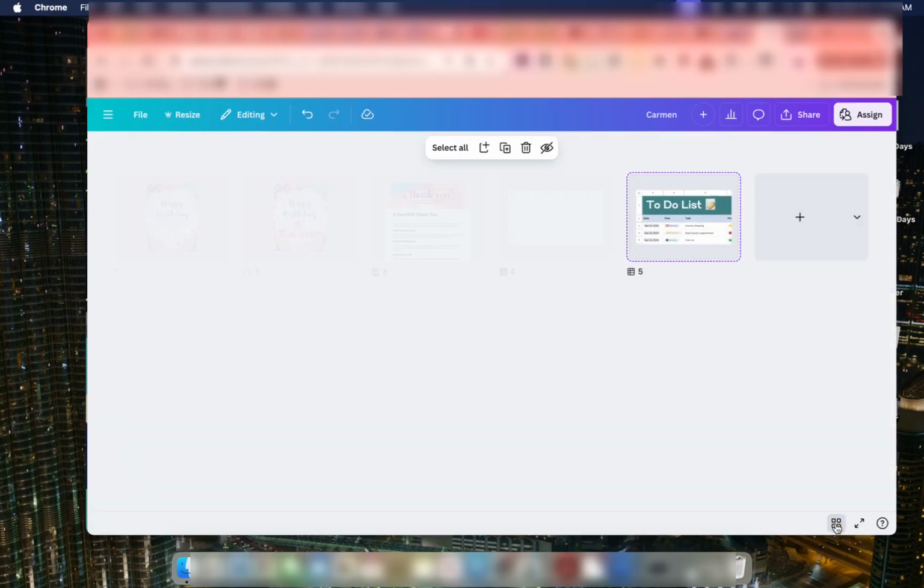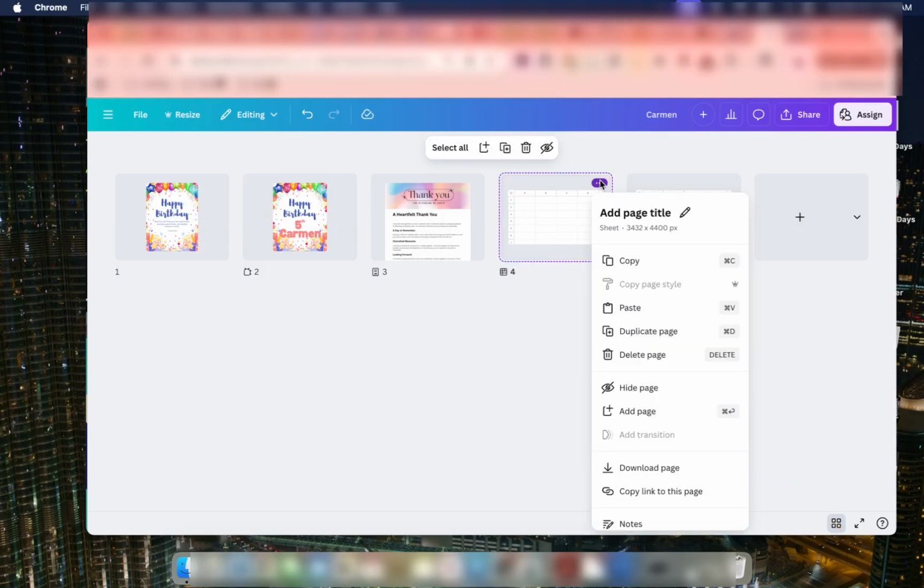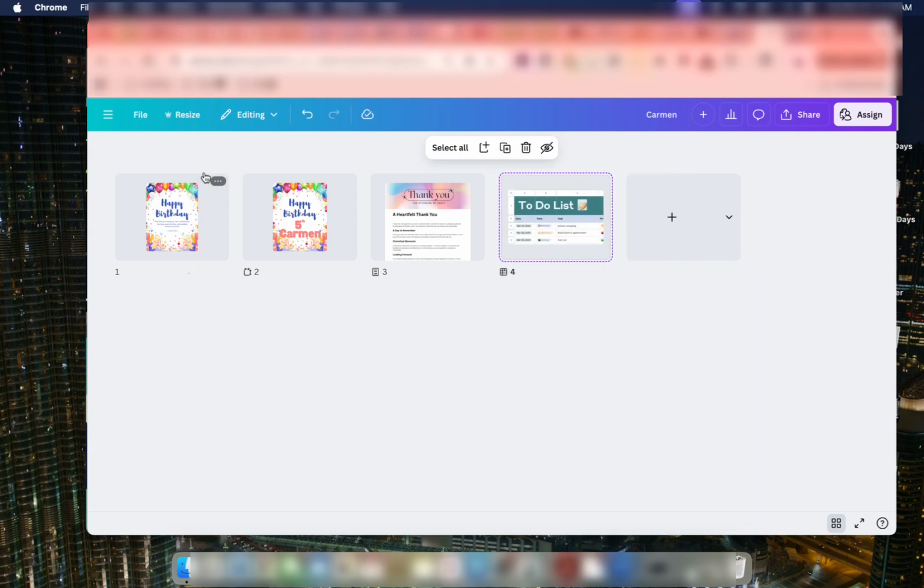So now, when you go to grid view, this is the blank spreadsheet. We're going to get rid of that because we just added in a new one. So now I have a project that has an 8.5 by 11 invitation. I have a 16 by 20 poster. I have the thank you letter that I'm sending my guests. And I also have a spreadsheet that I was using to keep track of all the tasks that I needed